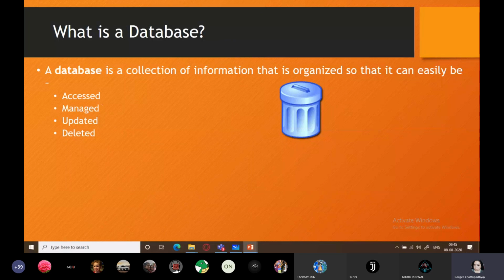The second one was manage. Manage means how you can manage your database. That is inserting new data. Sometimes changing the format, if you want to insert a new column, inserting that. If you want to change the size of a column, doing that. Updations, changing any data. Somebody's address needs to be changed, somebody's marks have to be upgraded, some record to be deleted. All these works are done by our database.